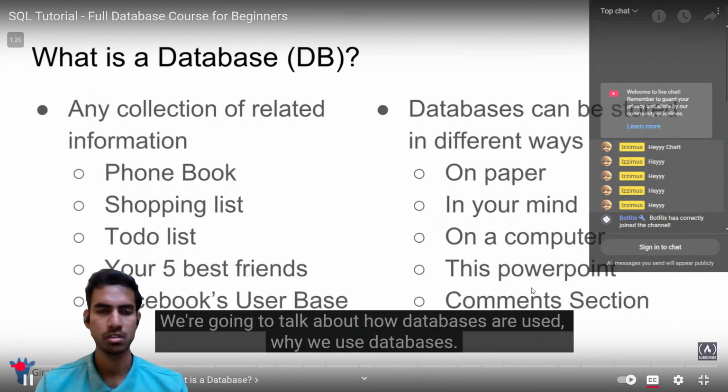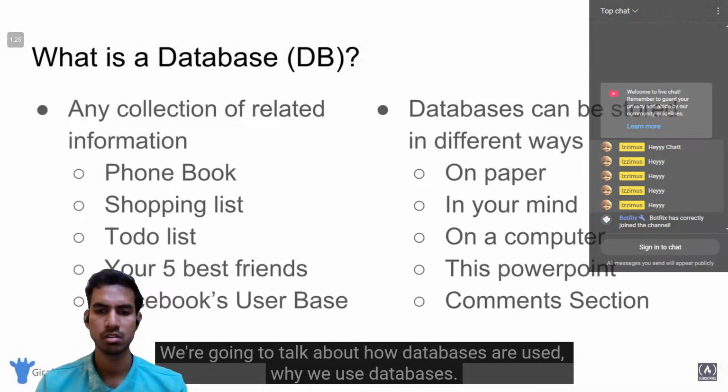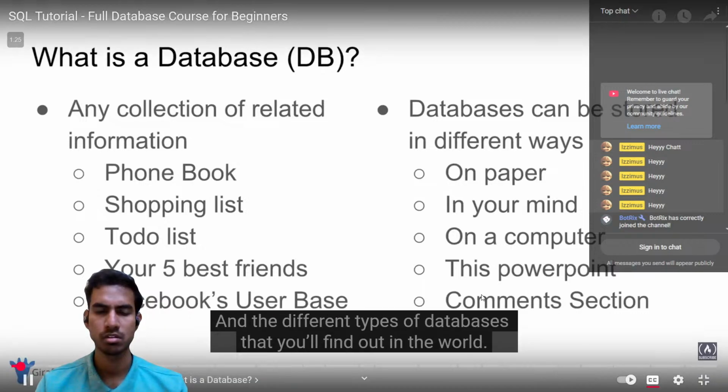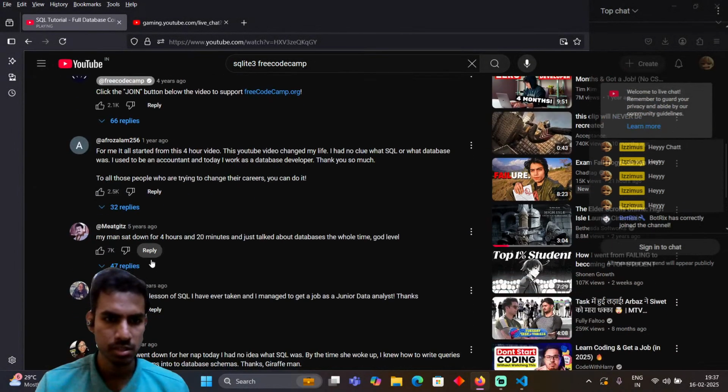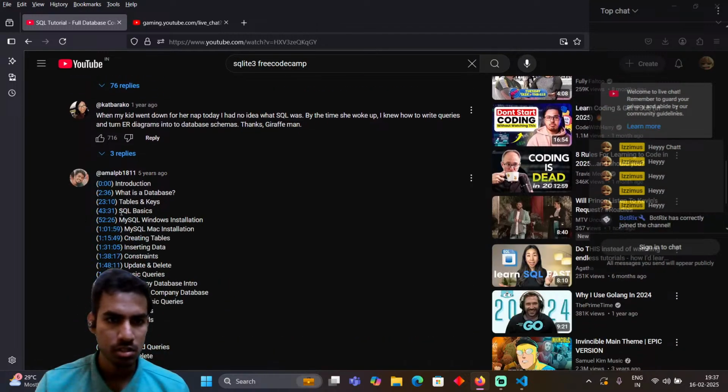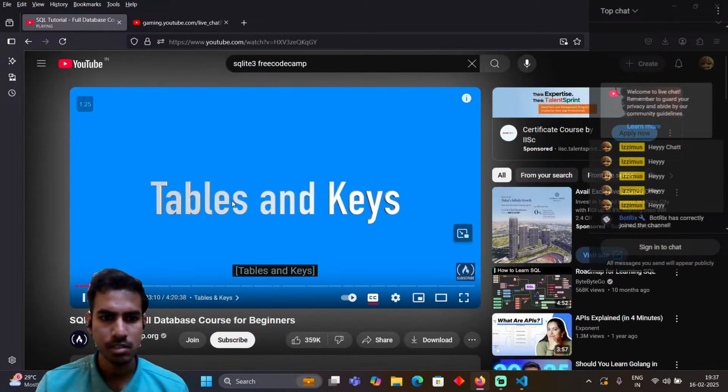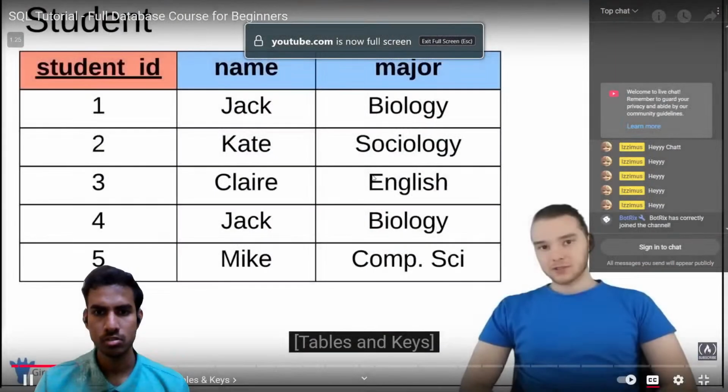Databases in general. We're going to talk about how databases are used, why we use databases, and the different types of databases that you'll find out in the world. टाइम स्टैम्प देखता हूँ इसका, कहाँ से काम की चीज स्टार्ट होती है। व्हाट इज डेटाबेस, टेबल्स एंड कीज, बेसिकली हमारा कहाँ से स्टार्ट होगा।